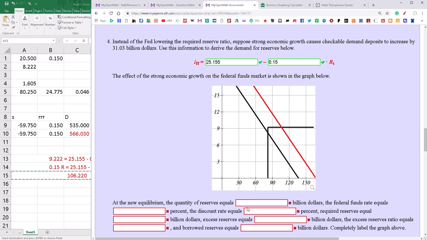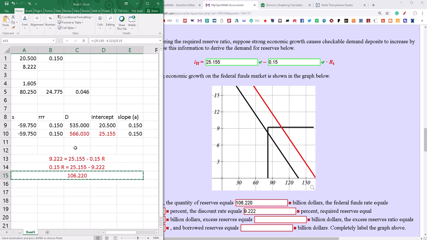And close. So the new quantity of reserves is 106.220. The federal funds rate is 9.222 because it rose up to equal the discount rate, which is 9.222. What is required reserves now? Required reserves